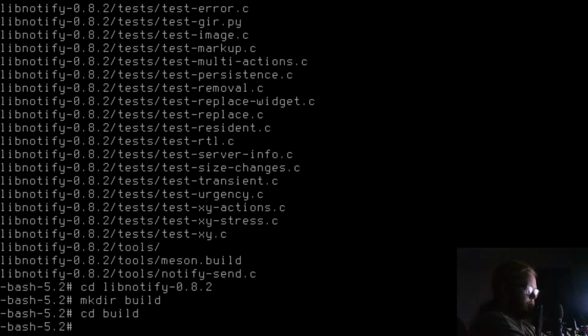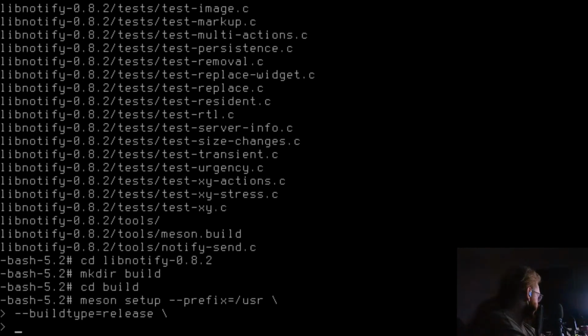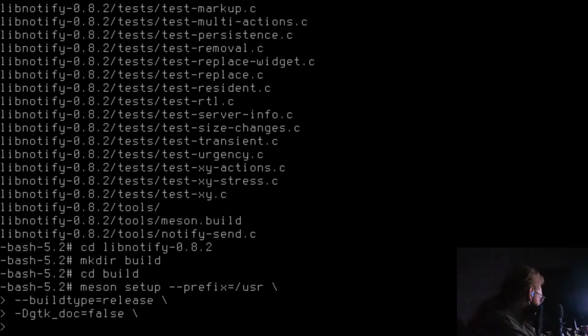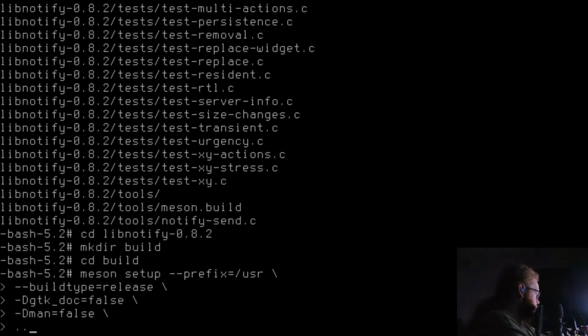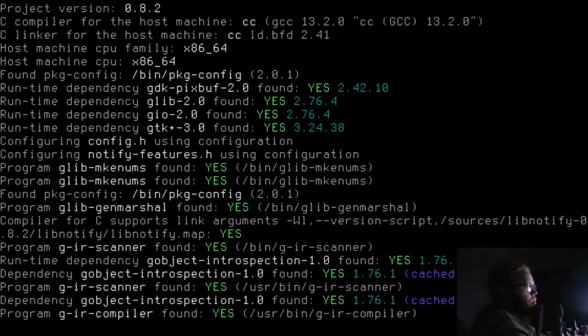Oh my god, it's one of these long ones. meson setup --prefix=/usr --buildtype=release -Dgtk_doc=false -Dman=false, and ninja. There we go.